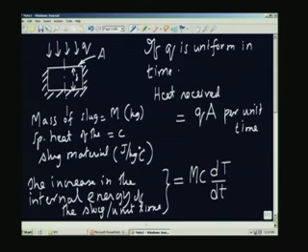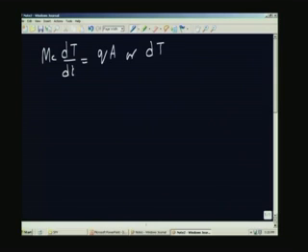This is under ideal conditions where there is perfect insulation, and also I am ignoring any heat loss from the front surface which is receiving the heat. Therefore, there is no heat loss from the front surface. Of course, these two assumptions are not going to be perfectly valid, and therefore, we may have to apply a small correction later on. So, all we have to do is to now equate the two. So, we will say MC dT by dt must be equal to QA, or dT by dt equal to QA by MC,